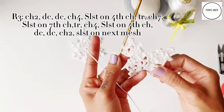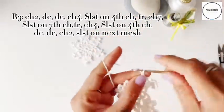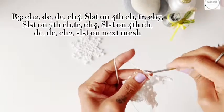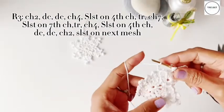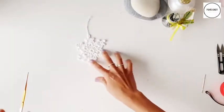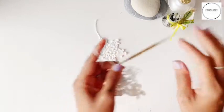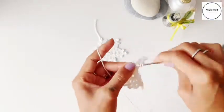Just repeat, and then change to slip stitch on the next mesh, and then you will repeat this row. The total you should have is 1, 2, 3, 4, 5, 6 of these. So I will repeat my